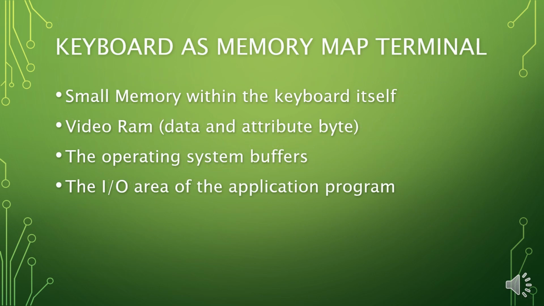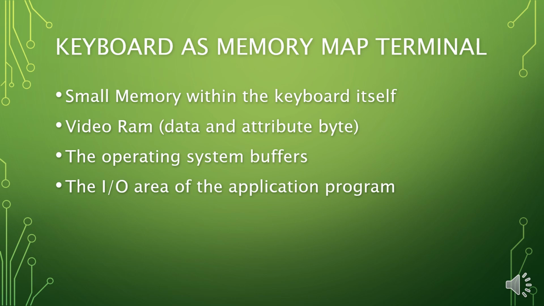Because of the video RAM, we term the keyboard as a memory map terminal. Why is it a memory map terminal basically? Terminals have a video RAM generally with 2000 data bytes preceded by 2000 corresponding attribute bytes. At any time all the 2000 characters, that is 25 lines into 80 columns on screen, stored in video RAM are displayed on the screen by the video controller. The video RAM is treated as a part of main memory only. Therefore, for moving any data in or out of the video RAM, ordinary load or store instructions are sufficient. So the keyboard is referred to as a memory map terminal.